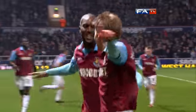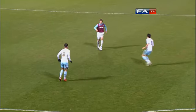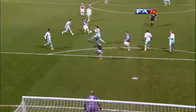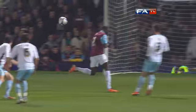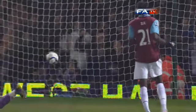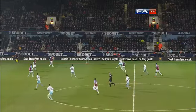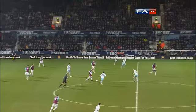Yeah, it doesn't get much better than that for Thomas Hitzlsperger, as you said. His comeback game for West Ham this evening. Cuts in, left foot spanking shot into the top corner from 25 yards. Lee Grant may be a little bit disappointed he didn't get a little bit more hand on that, but take nothing away from Hitzlsperger. So West Ham in the lead at the interval, and they double that lead pretty swiftly,